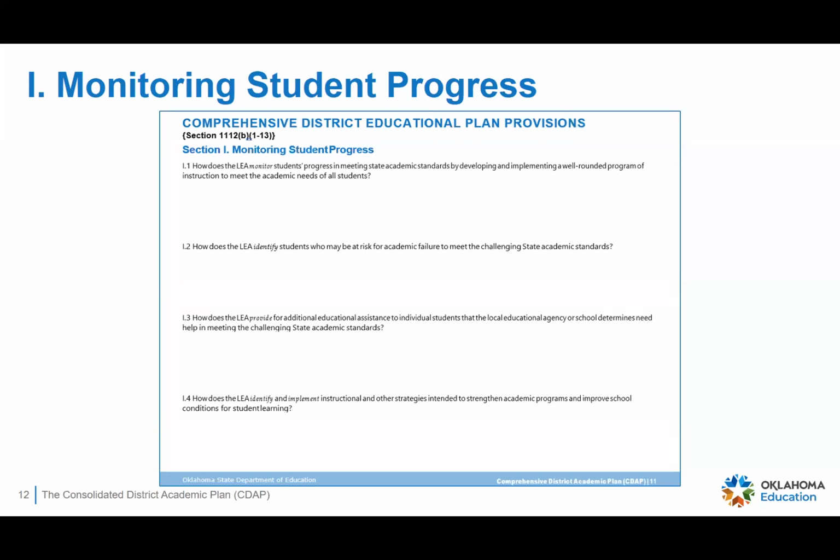Okay, these are things that I believe everyone does, everyone should do. Practically everyone does this. So we're asking you to articulate it here step by step. Okay, this is nothing new. These questions are very similar to the questions in the CDAP that we've had for the last 5 years. It's formatted a little differently. So once you've answered these more open-ended questions,